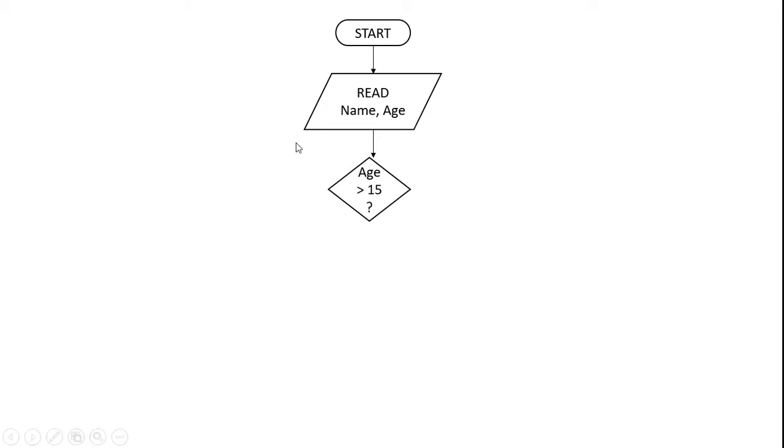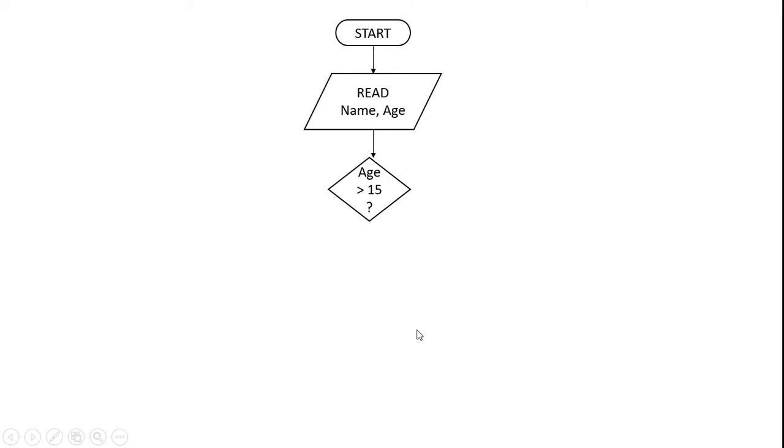Okay, so we've got the age here. So we can then test that age variable to see if they're old enough to drive or not. So in the decision, the syntax here is important, right? We always have one value, a comparison, greater than, equal to, less than, another value, and then don't forget the question mark. So here we have age greater than 15. We could have said greater than or equal to 16, however you want to put that. But I have age, the greater than operator, the value we're comparing it to, and then don't forget the question